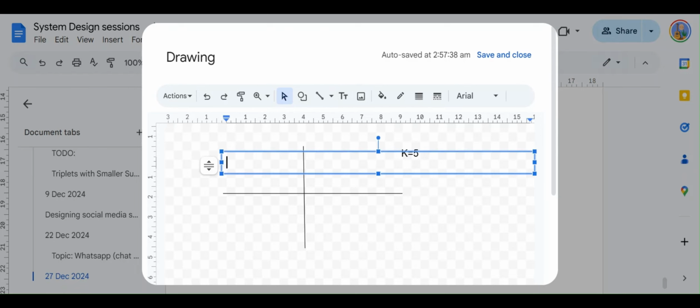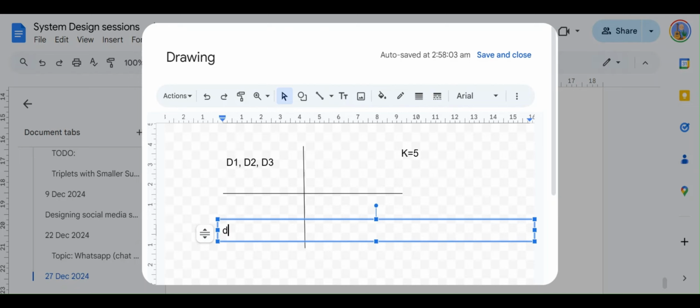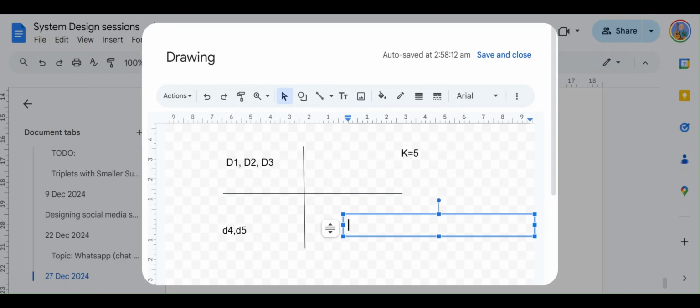Let's say D1, D2, D3, three drivers are here, and then there are two drivers here, maybe D4, D5, and let's say there are 10 drivers here, starting from D6 and going all the way up to D15.